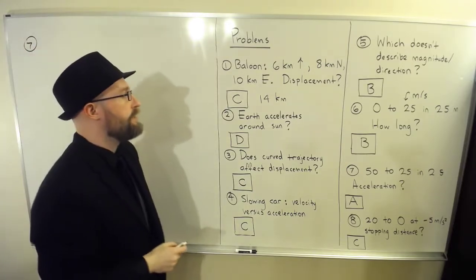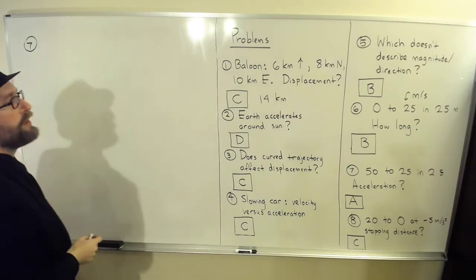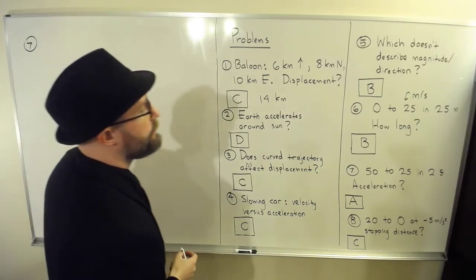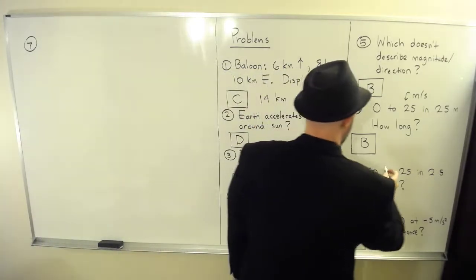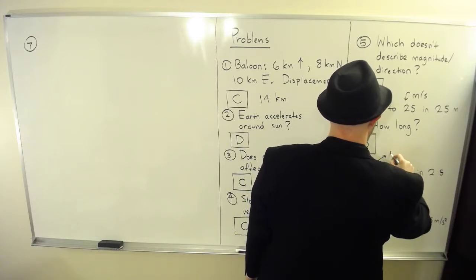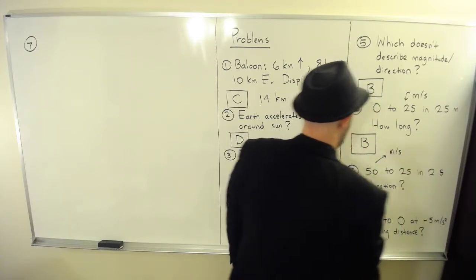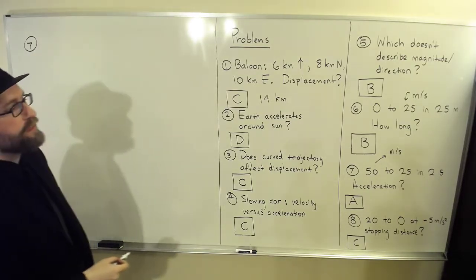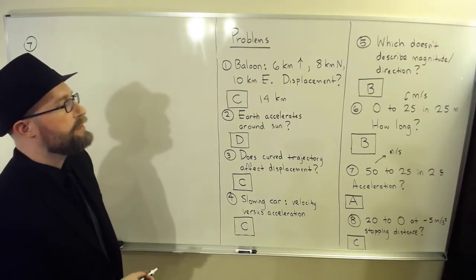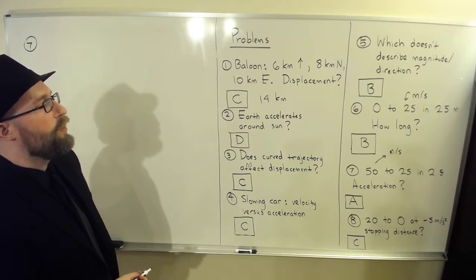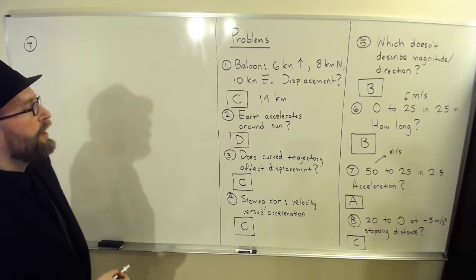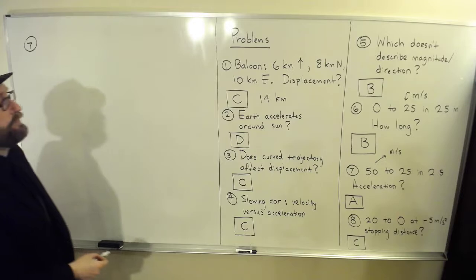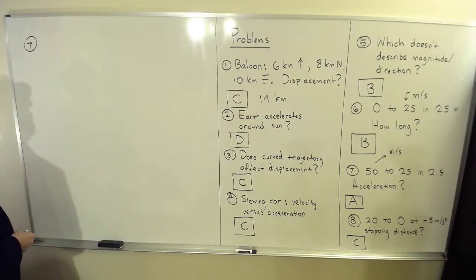So in number 7, here you're slowing down. So you're going from 50, so once again, I didn't put the units in here just because of space, but you're going from 50 meters per second to 25 meters per second in 2 seconds. What's your acceleration? So you're slowing down, and